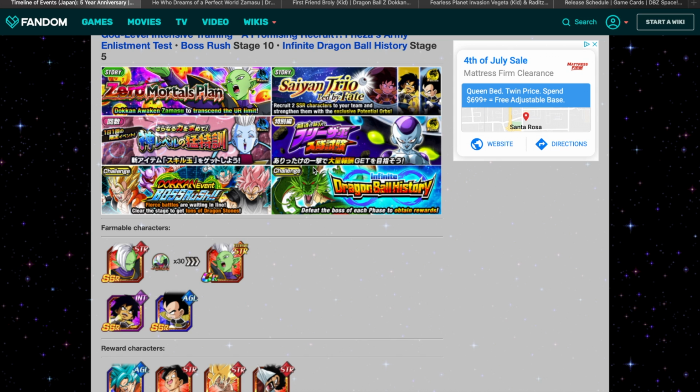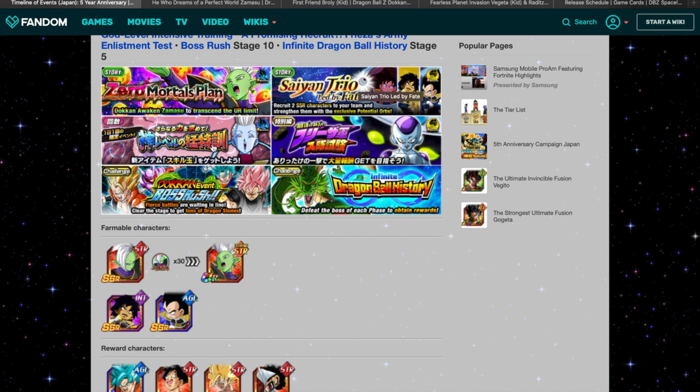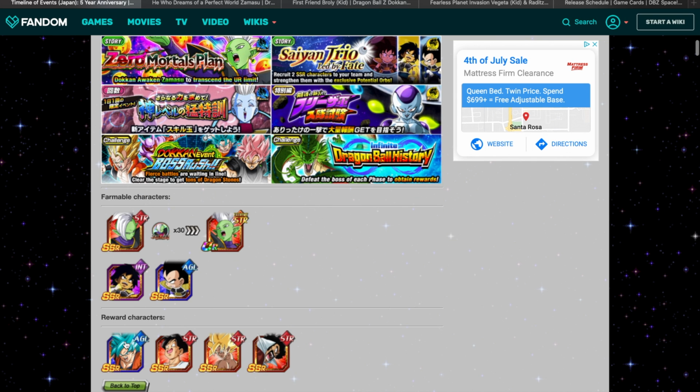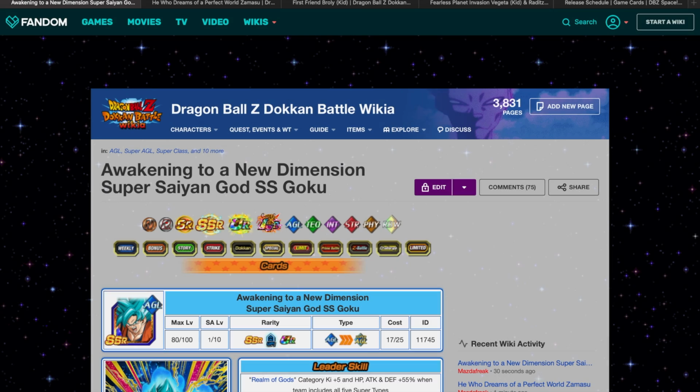Anniversary officially begins. We get the Zero Mortals plan, the Saiyan trio led by Fate, the new orb thing, the Whis training, the Frieza force, the Frieza army enlistment test, new Dokkan boss rush, a new stage for the Infinite Dragon Ball history, as well as 3 new farmable characters and a reward character. So first of all, we're going to quickly go over the reward character, which is this new Super Saiyan Blue